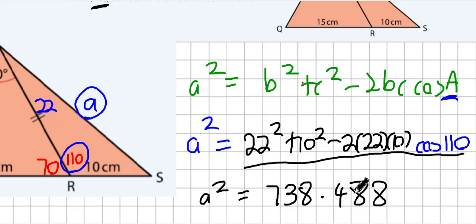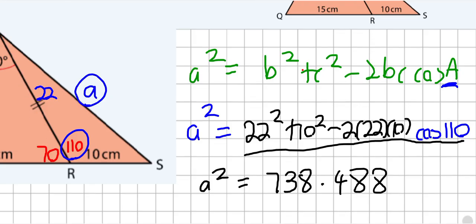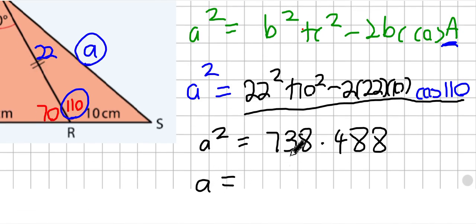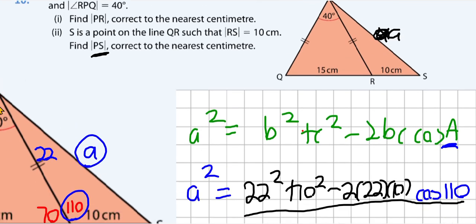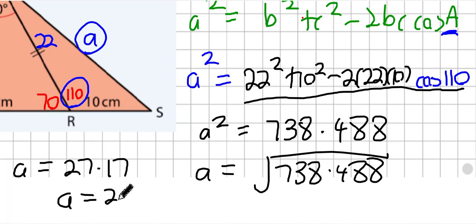So just call it 488 and then square root that number, and you get slightly more accurate. If you keep the 3 decimals, I realistically think neither one of you has lost much marks there. It's just sometimes if you round it off too much early on in the question, you'll get different answers. What? 27.17. And it probably wants it to the nearest centimetre. Guys, you both would have got the same answer anyway, because you both would have rounded it off to